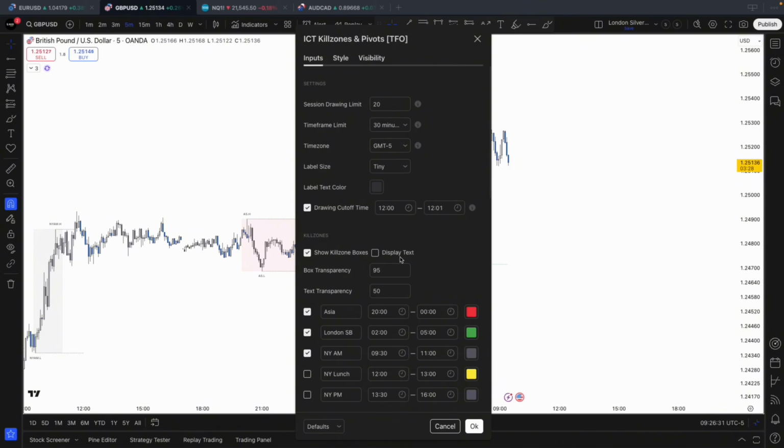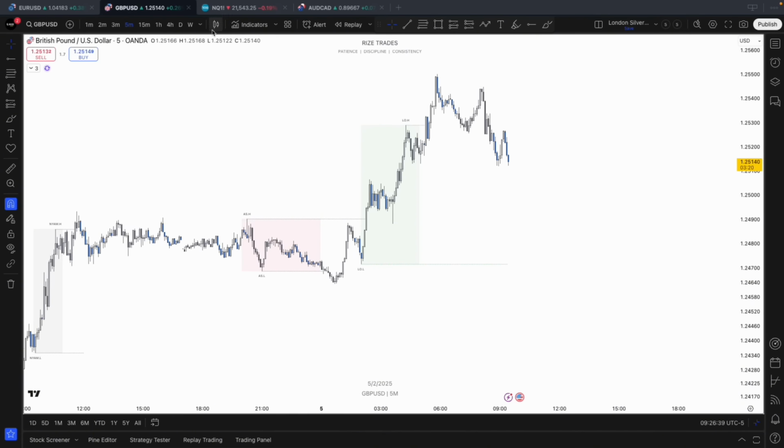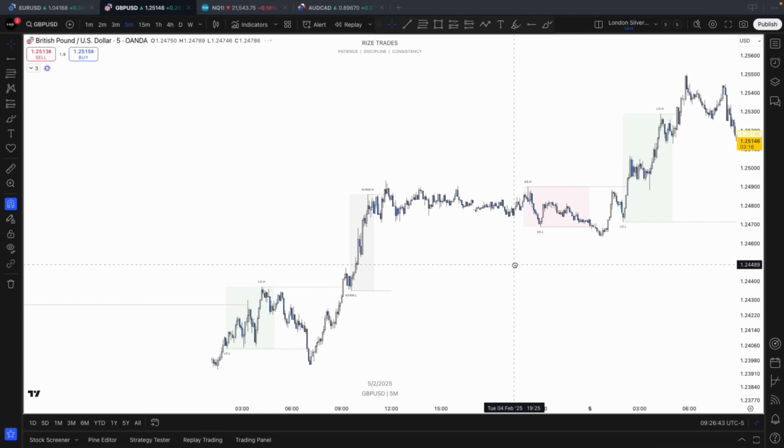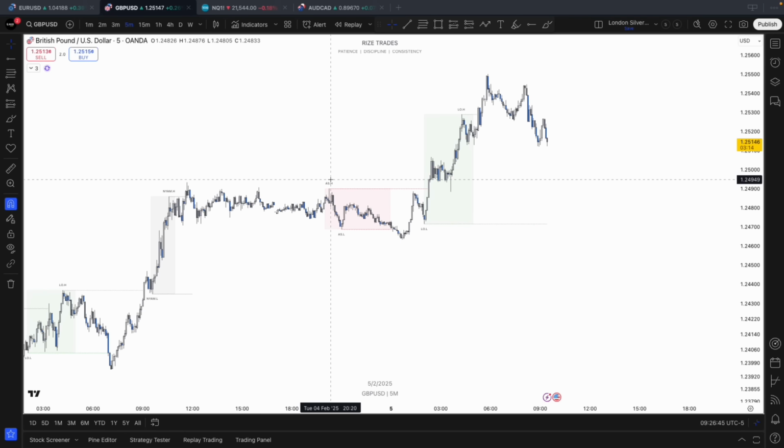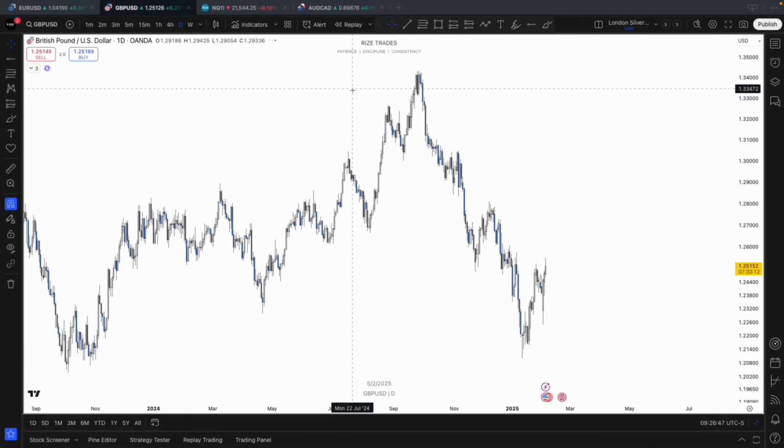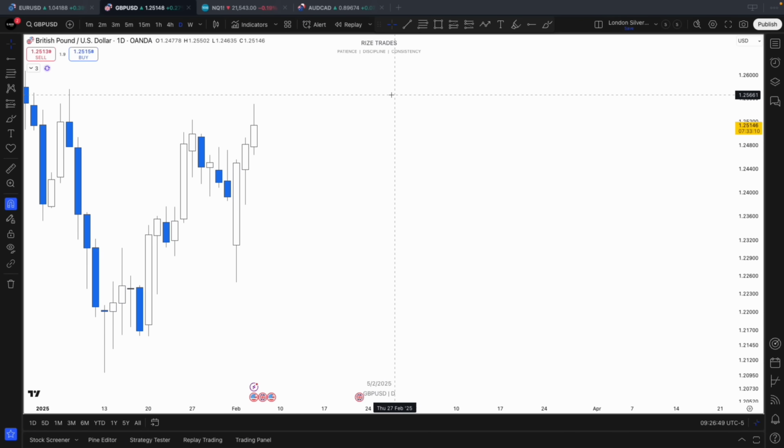But yeah, essentially this is for our session liquidity, right? So copy these times in Asia, London, and New York AM. Make sure you're using New York time zone. And then obviously that just gives you our Asia session, London session, and then New York session you can see here. Next thing to do is come up onto the daily time frame and mark in your previous day